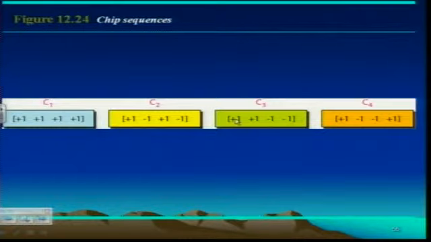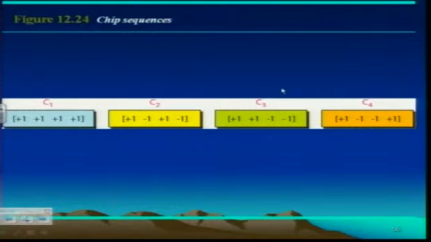1 minus 1. These are 2 1s and 2 minus 1s. This is 1 minus 1 minus 1 1. Okay. Now how do you generate the code chips? There's something called Walsh matrix, and we are going through that Walsh matrix also, and we'll see how the